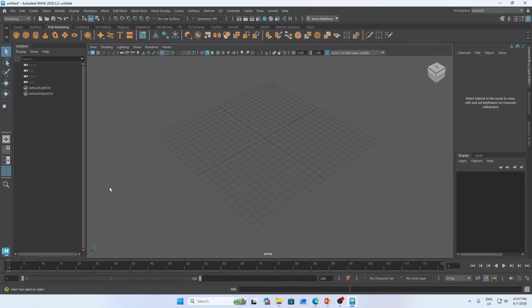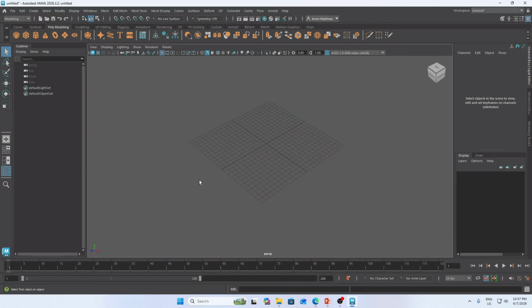For the zoom, you can use the scroll wheel. If you move your scroll wheel forward, it will zoom in, and if you move it backward, it will zoom out. Here's my tip.